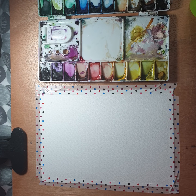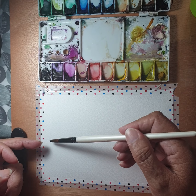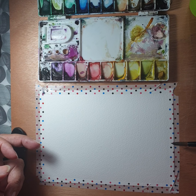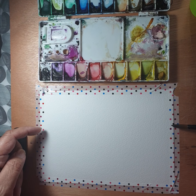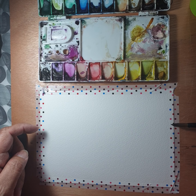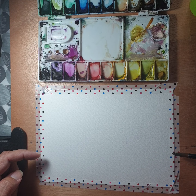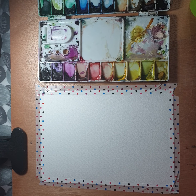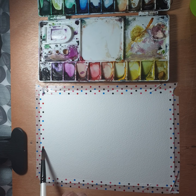So I'm going to start by wetting the paper just down to the horizon line. It should never be exactly halfway because it just doesn't always look right. So either you do it above halfway, so you've got a smaller sky and more of the sea, or you do it below halfway. I'm going to do it just below today because I'm going to try and do a nice sunset. So I'm just wetting my brush,